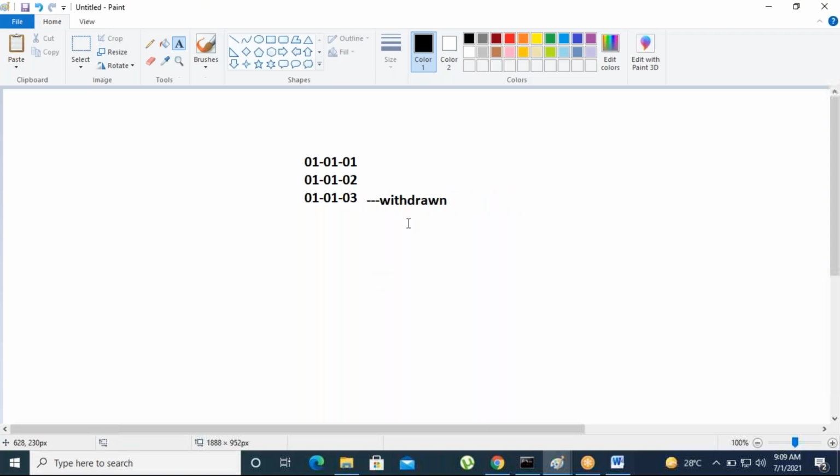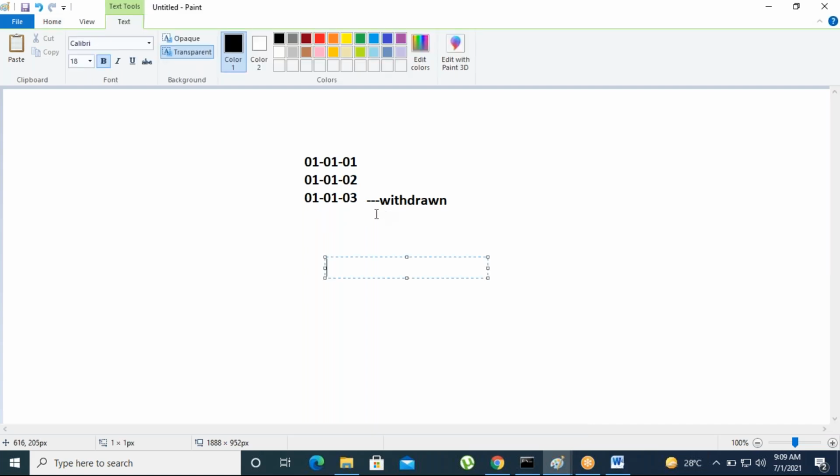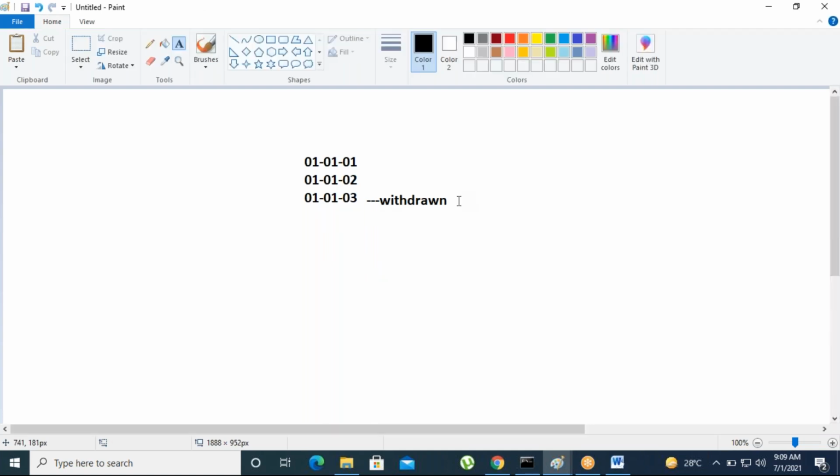What will happen here? The rule resolution algorithm will not process the rule's current version and lower versions also. If it is not available, the rule resolution algorithm will not process the current version only, but it will process the lower versions. That is the difference between not available and withdrawn. Is it clear?